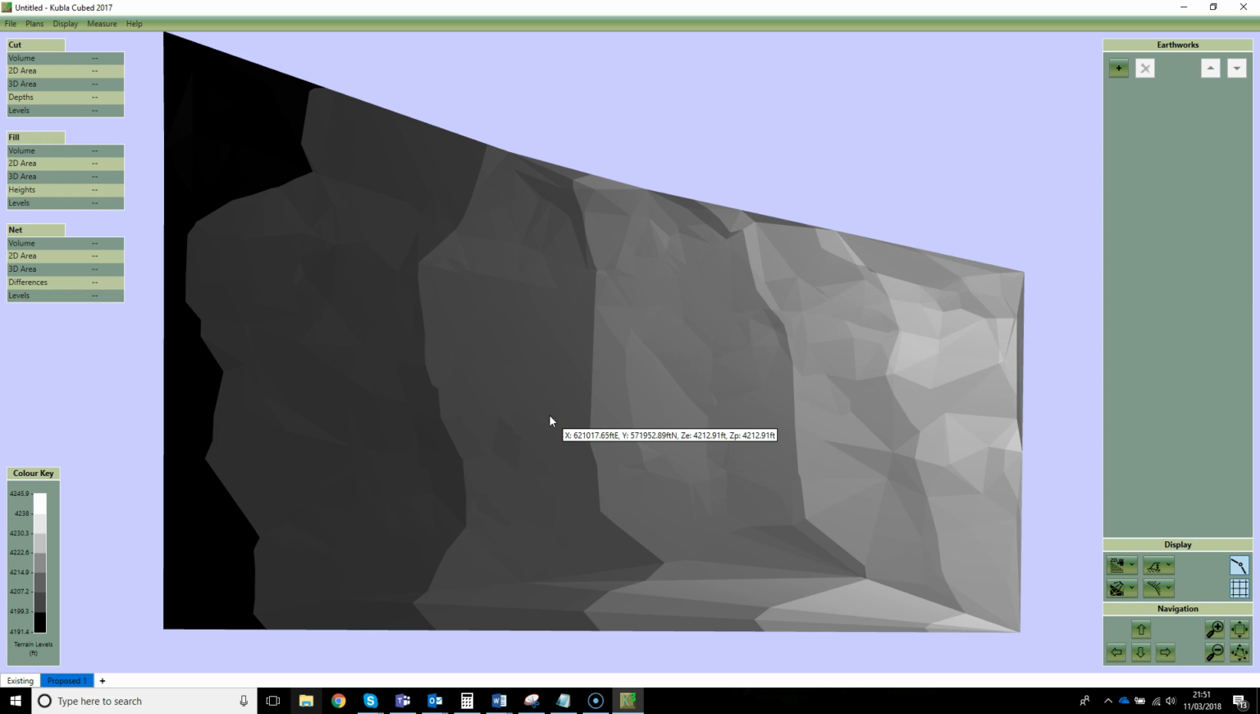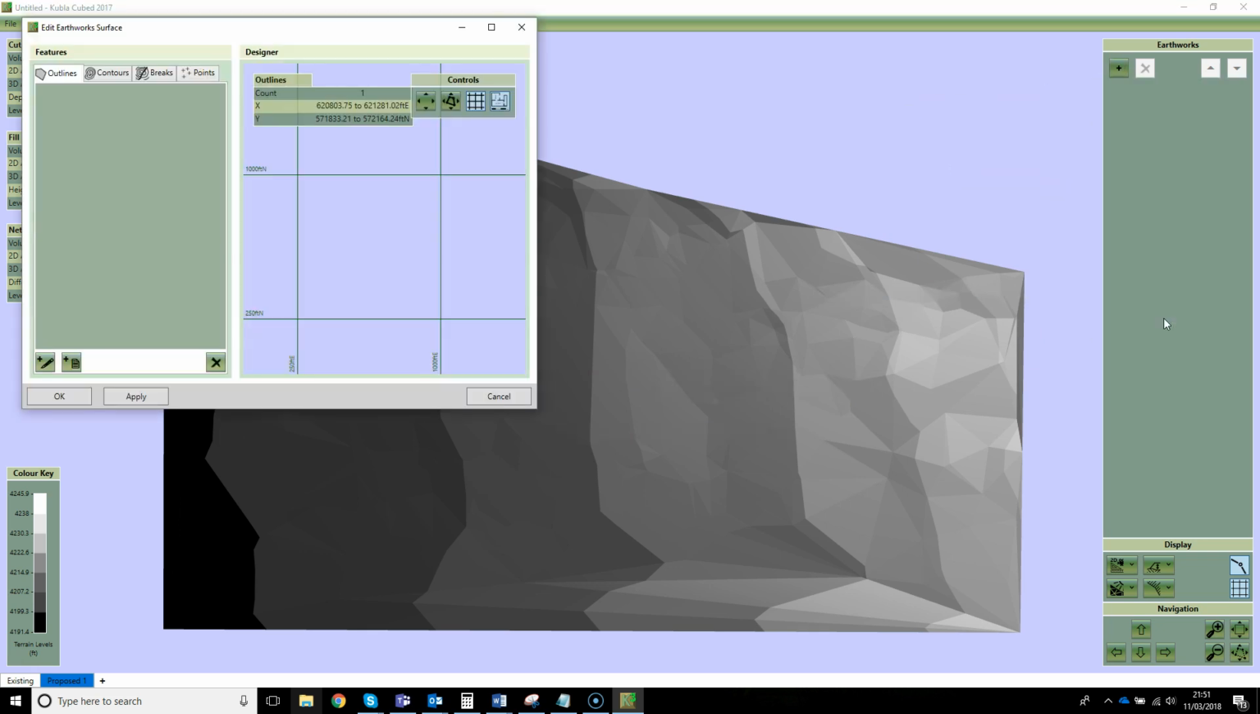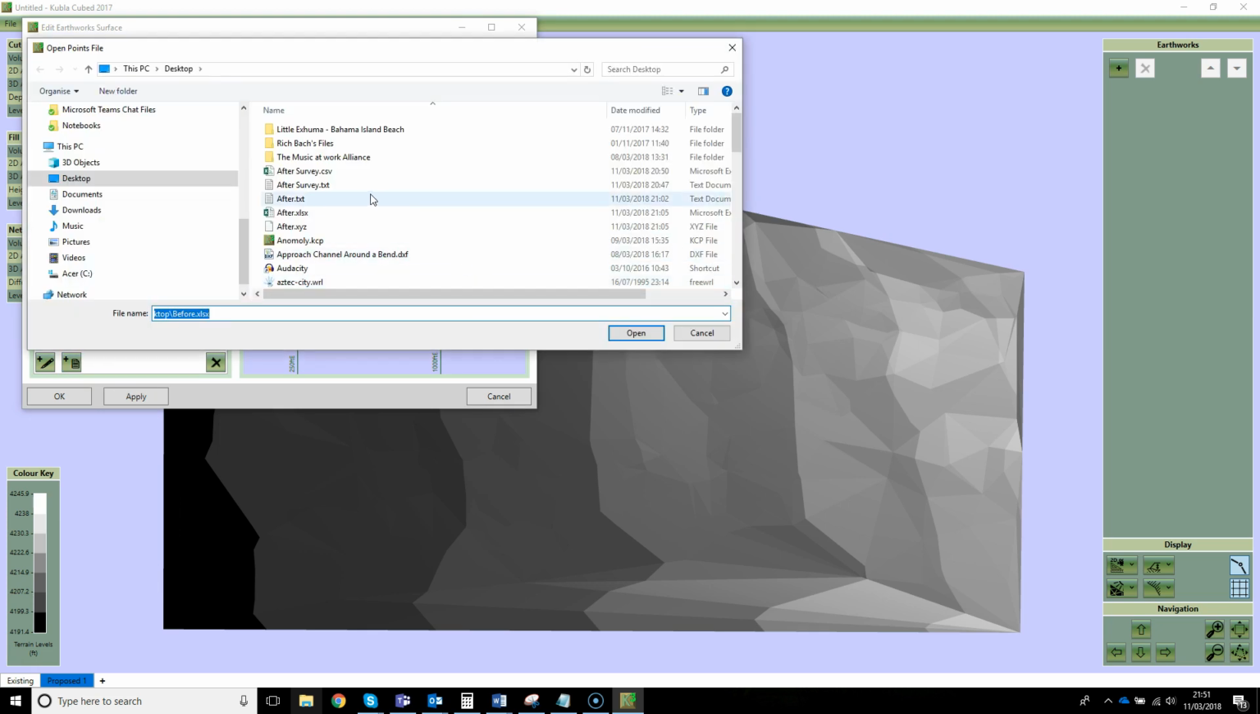So sometimes that's all you need to be doing. But in this case, we're trying to compare two surveys. So we're going to add another feature surface. We're going to just do exactly the same process. Select the points tab, add points from file, and I'm going to select the after.xyz file, which is a text file containing the